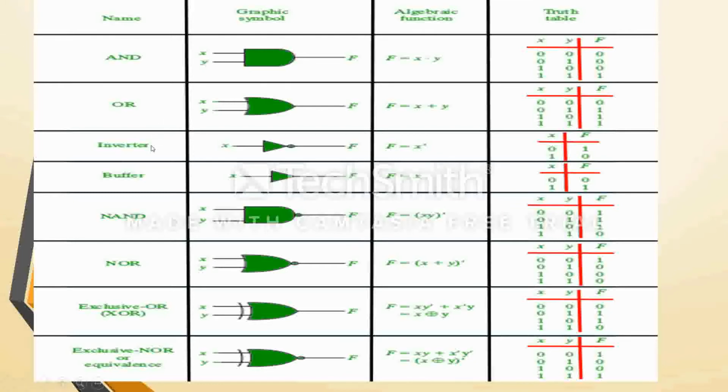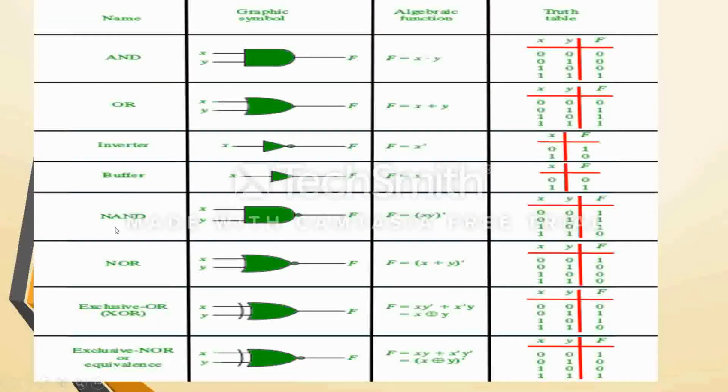That means these gates can be used to check a particular condition. Whenever we want to see that both the conditions or all the conditions should be true, then we make use of the AND gate. Or whenever there is a requirement for any one single condition to be satisfied, then the OR gate can be used. Inverter is nothing but the one's complement of a given number can be obtained using an inverter.